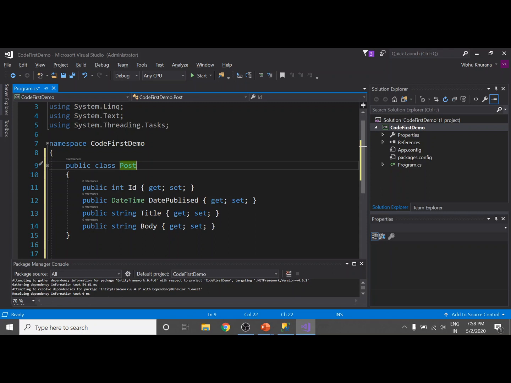So let's create a class called blog DB context, which should be derived from the DB context class.